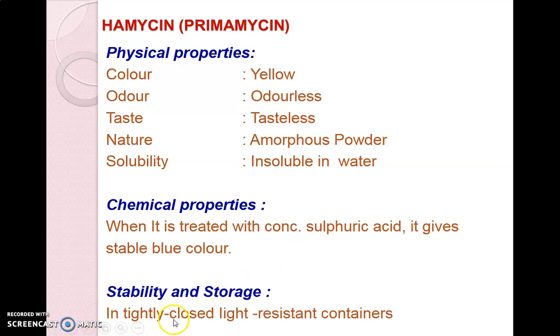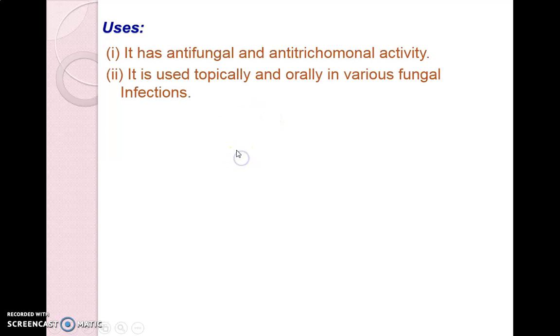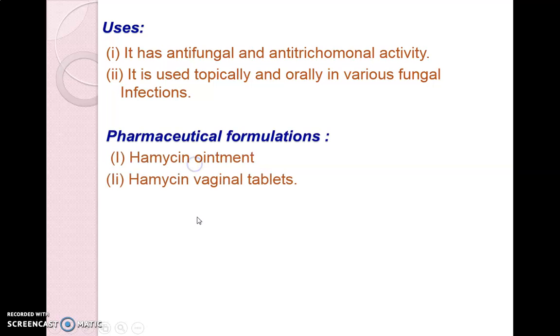Stability and storage: as usual, it should be stored in a tightly closed, light-resistant container. As far as the uses are concerned, it has antifungal and antitrichomonal activity. It is used topically and orally in various fungal infections. Pharmaceutical formulations include Hamycin ointments and Hamycin vaginal tablet, and Imprina is a popular brand for this drug, Hamycin. So this was the last drug amongst these